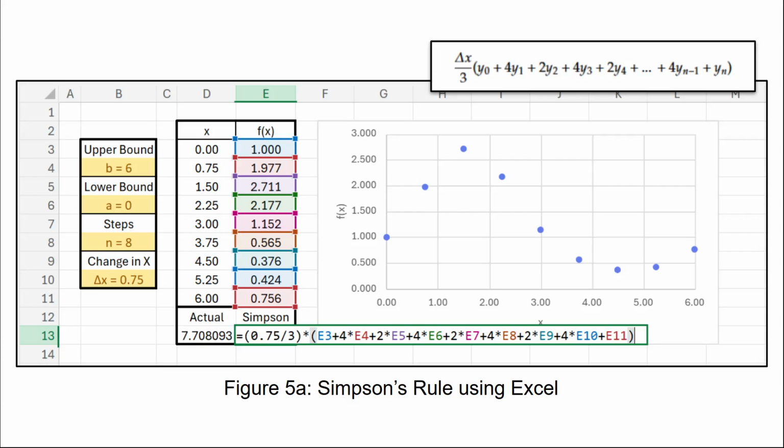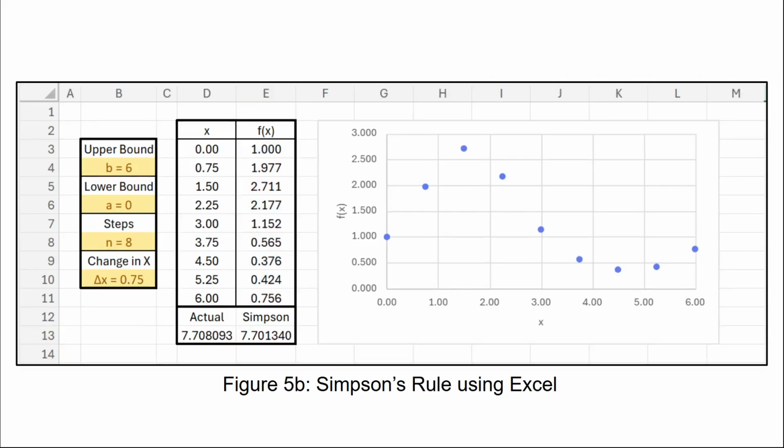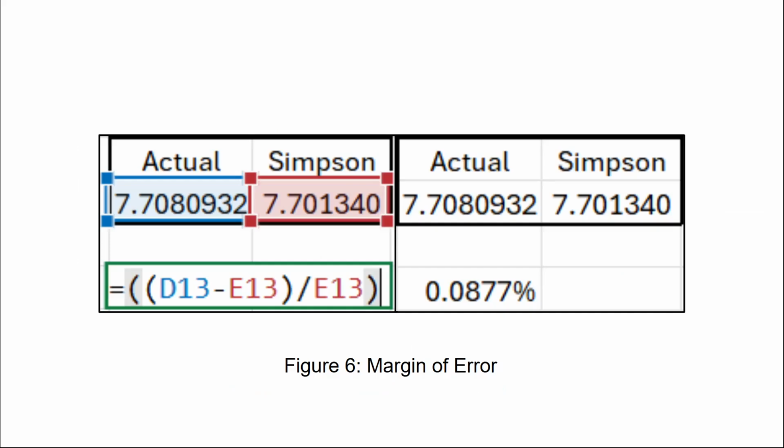Now, we can enter the formula that we derived earlier and choose the data from our table as the y values in our formula. Once we press enter, we can see our approximate area being incredibly close to the actual area. And you see it's very, very close. Here you can see the margin of error is only 0.08%. So very, very close. And the idea is that if you had a smaller delta x, that margin of error